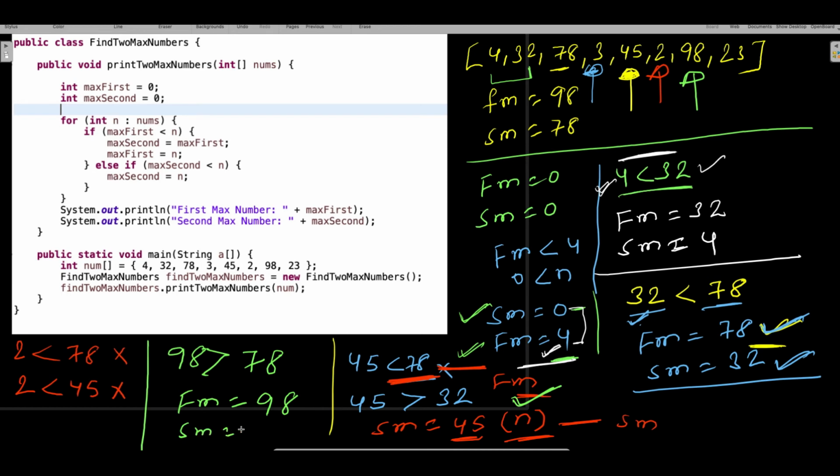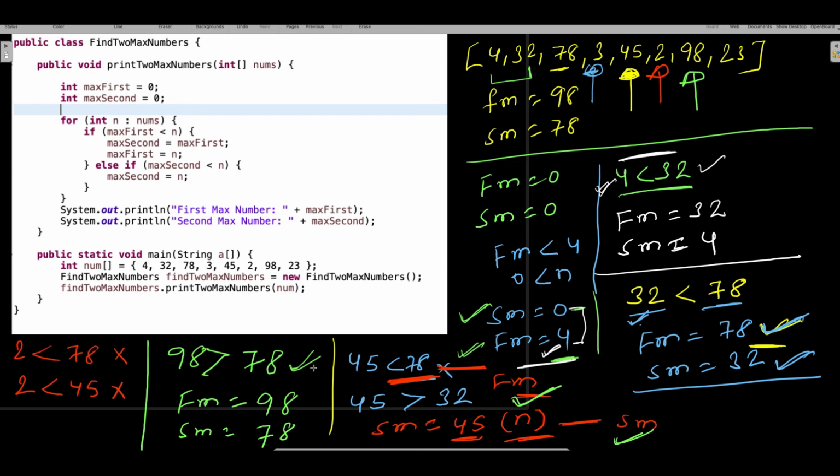So your second max is going to be 78, because here you had first max, here you had second max. So your first max itself became now second max. Then of course your first max will change to 98, and when first max becomes second max, your second max is going to change to 78.